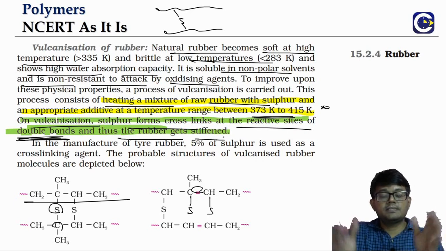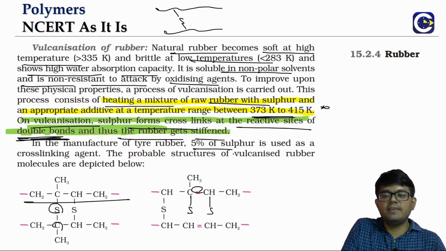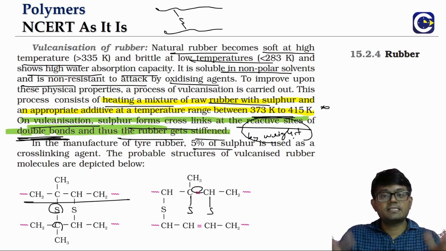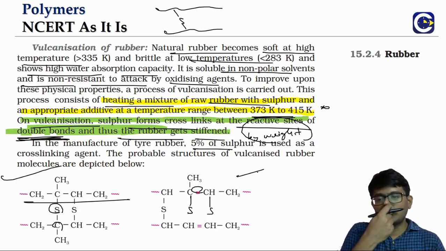And as a result, the rubber gets stiffened. Normally for tire rubber, we will be adding 5% by weight of sulfur. We can increase the sulfur percentage, and the stiffness becomes more. For the rubber that is used for manufacturing tiles, we will have to use a higher amount of sulfur. It has to become very hard and tough. So this is how we can show the sulfur cross-linking.